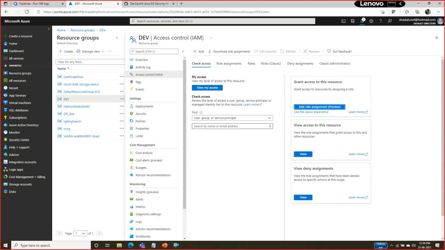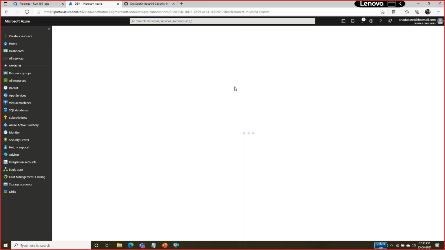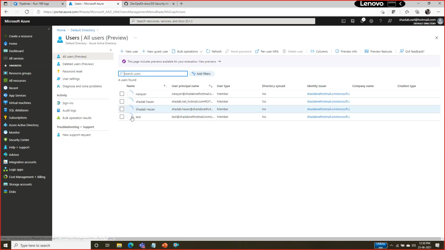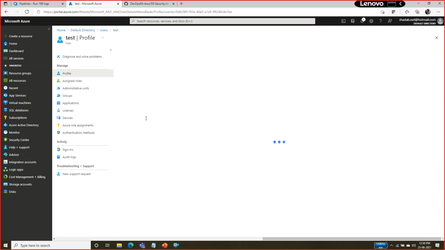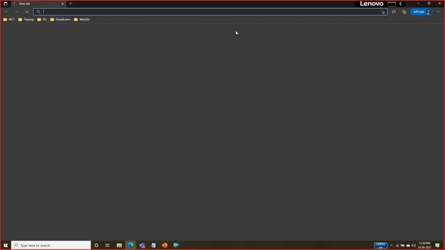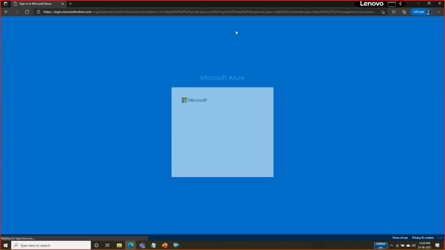Okay. Now when this guy logs in, he is not going to see other resources. He will only be able to see this dev resource group. Let's go and look at that. If I go to Active Directory, I have the user, and this is my test user. I'll copy the user ID from here. I need to open an incognito window and go to portal.azure.com.